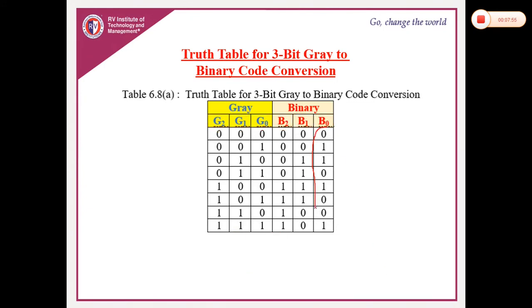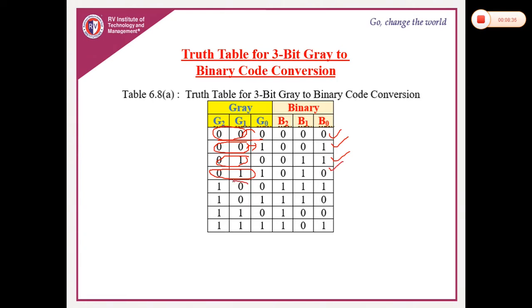How to write this? Again, it is not exactly like a plain XOR operation, so be careful. For writing this there are various ways, so you can just use this logic. For the 0 0 0 combination, 0 XOR 0 is obviously 0, again 0 XOR 0 is 0. Then 0 0 1: 0 XOR 0 is 0, 0 XOR 1 is 1. For 0 1 0, 0 XOR 1 is 1, and 1 XOR 0 is again 1. Then for 0 1 1, first 0 XOR 1 is 1, 1 XOR 1 is 0.